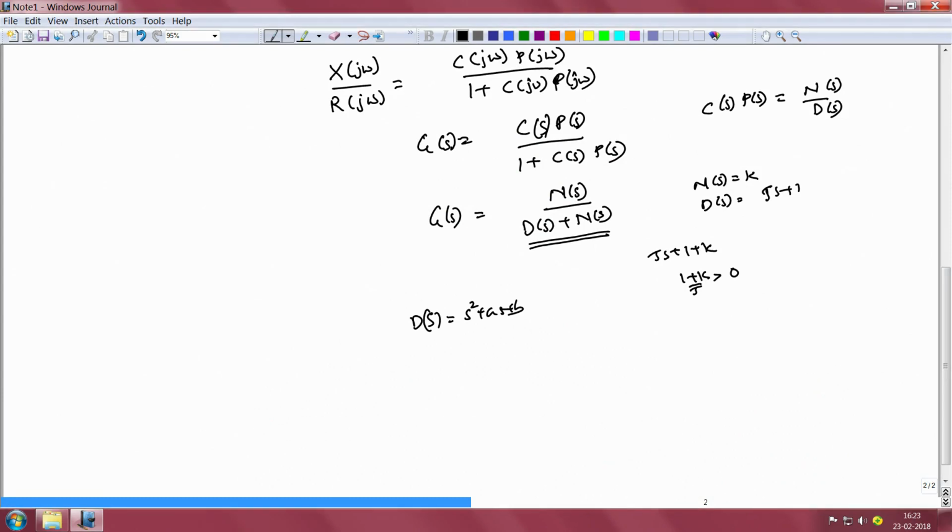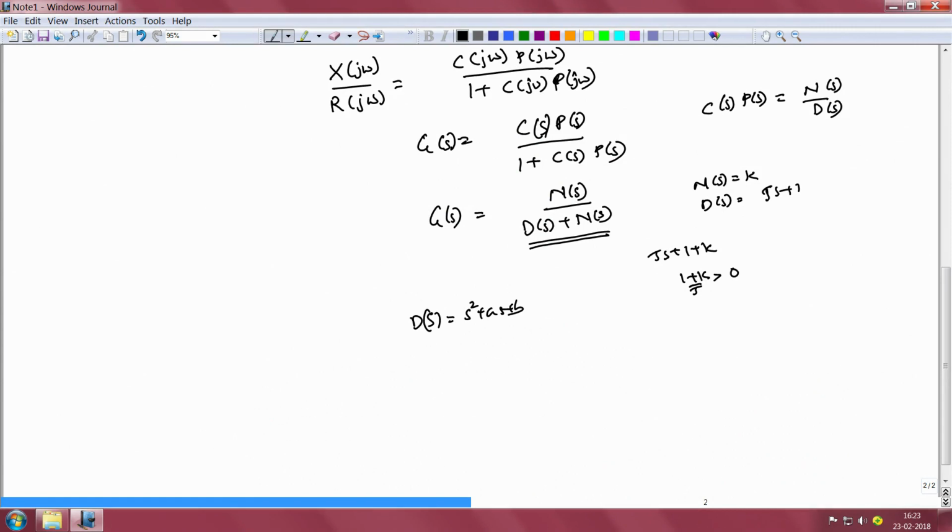Also, we note that as engineers we are not just interested in determining the stability or answering this yes or no question of whether it is stable or unstable, but we want to be able to improve its stability. We want to be able to engineer the performance such that it has a desired amount of stability and a desired speed of response. This approach of determining the zeros of the denominator polynomial does not lend itself very well to our engineering intention of being able to tune the parameters of the closed loop system to achieve a desired performance. So therefore, what other approach do we have at our disposal?